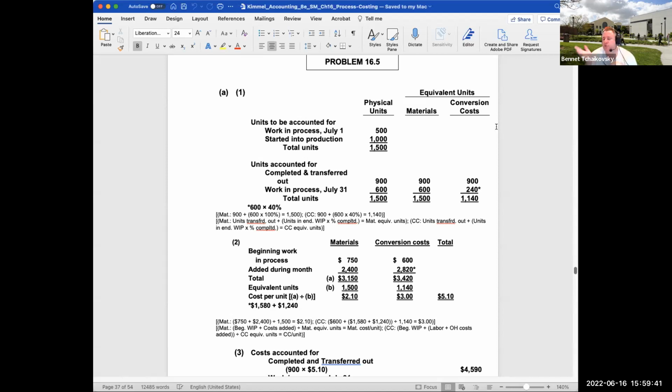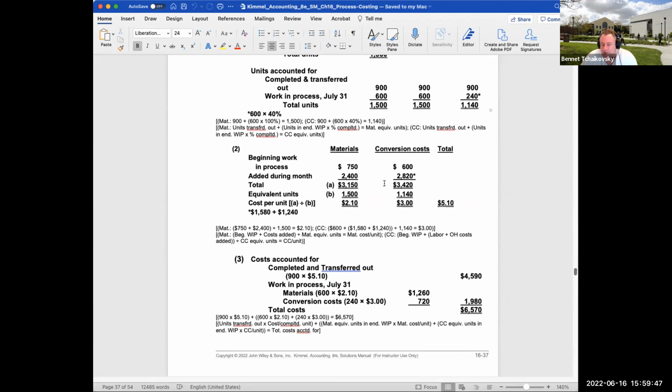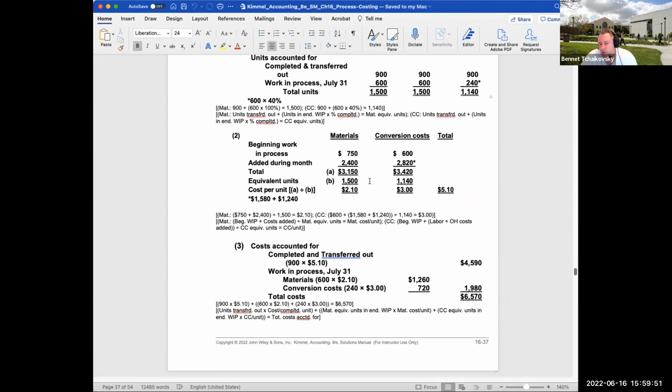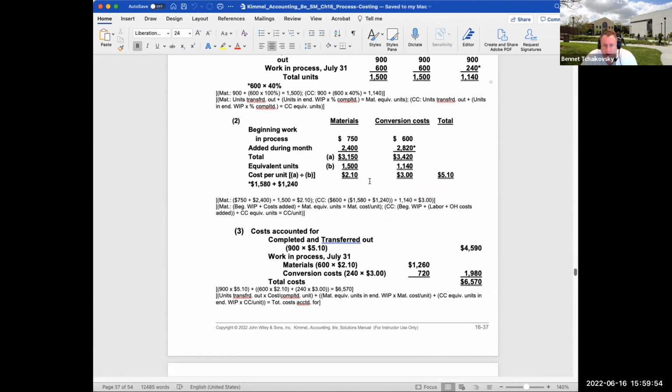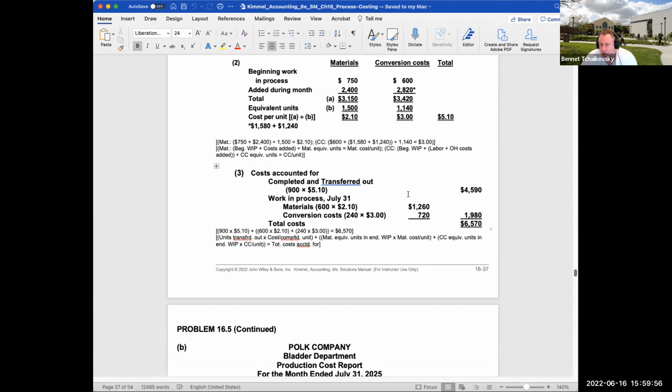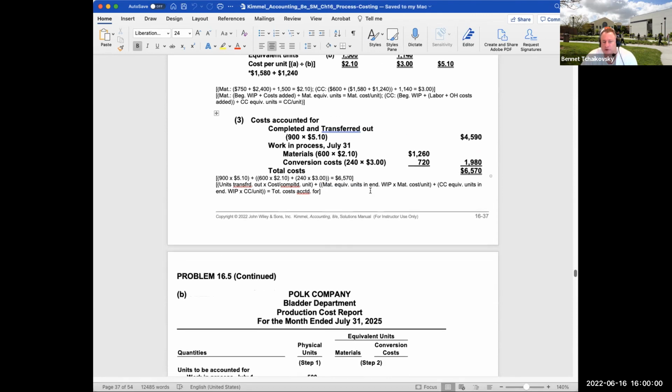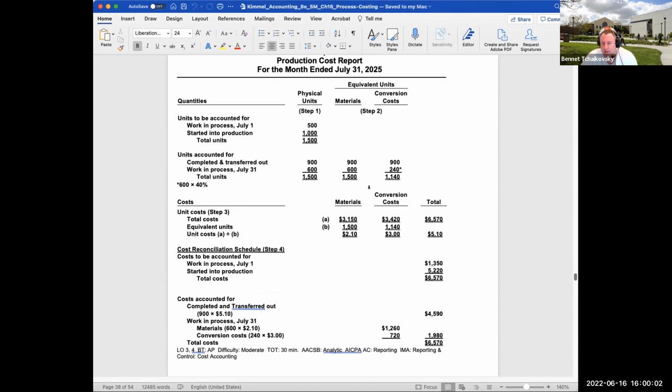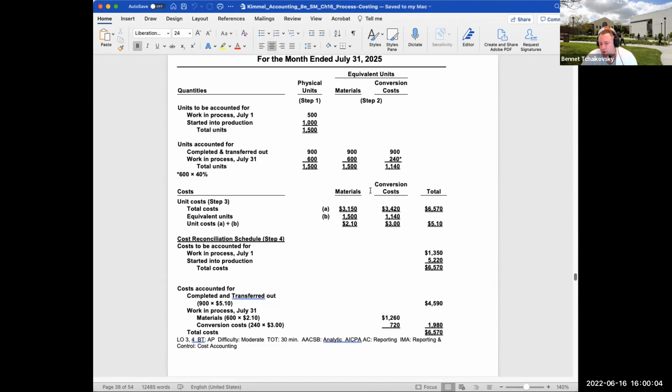So here are the solutions from the textbook. And as you can kind of see, we're kind of coming up with the same answer. I just like doing things in T accounts because to me, it's a better visual and kind of a reminder of things we have to do, but you certainly don't have to do it that way. But if you look at this over here, we're getting to the same answers, right? So it's really going to be much more about what way are you more comfortable with in terms of going through and kind of figuring out what's best for you.